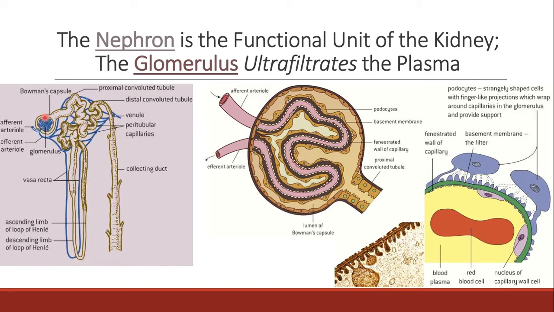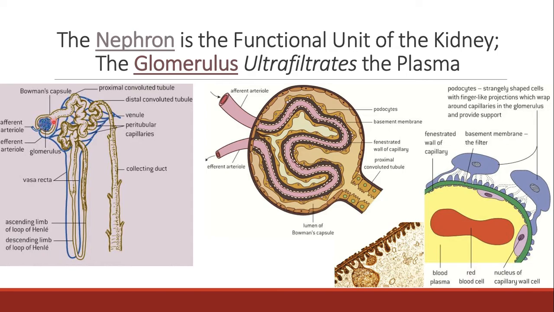So like we said, blood comes out of the aorta, comes down the descending aorta, goes over into a renal artery. The renal artery is going to get smaller in diameter, and it's going to turn into arterioles. So here is the afferent arteriole, which basically means afferent means going towards. Then we have the efferent arteriole, which is going away from the nephron. So the afferent arteriole,